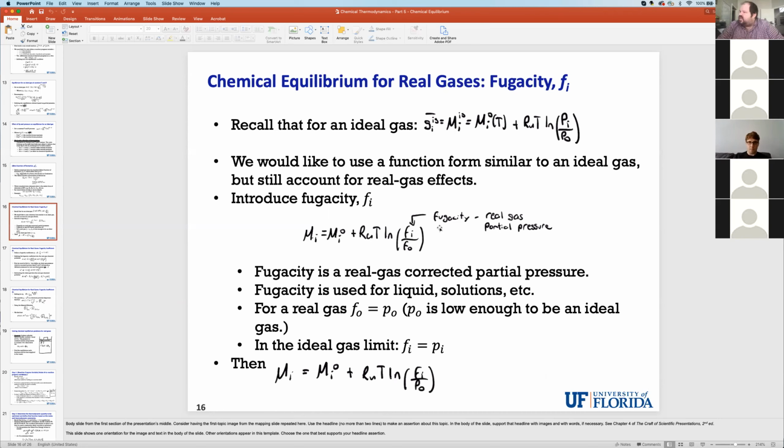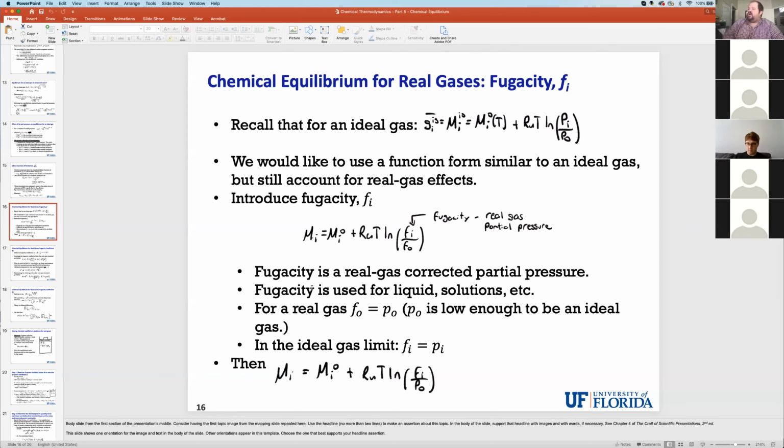You can think of the fugacity as a partial pressure that accounts for real gas effects. So it's a real gas corrected partial pressure, and you can also define a fugacity for liquid solutions,